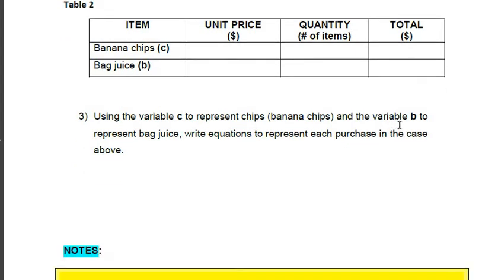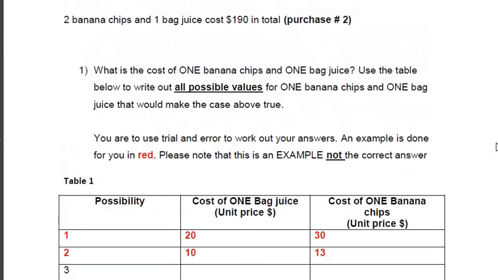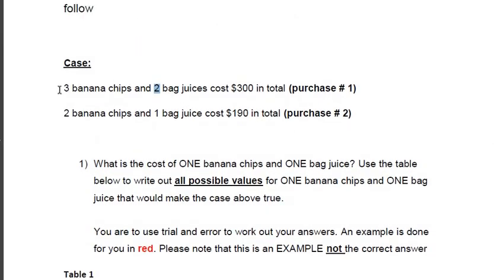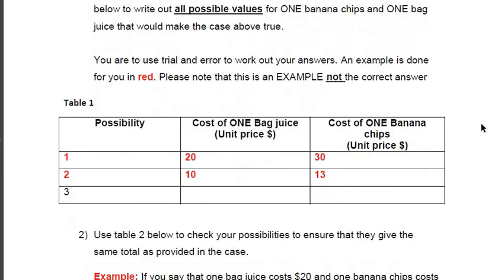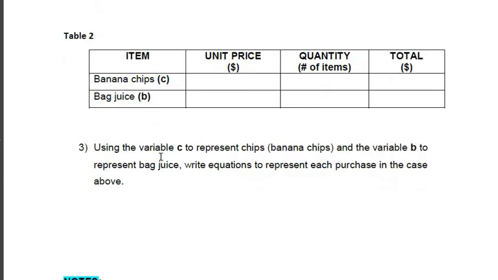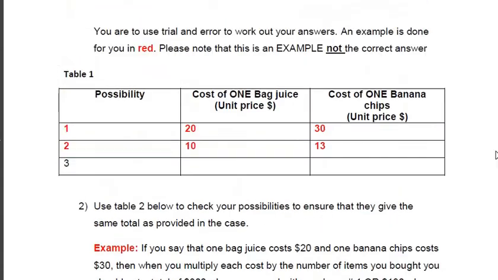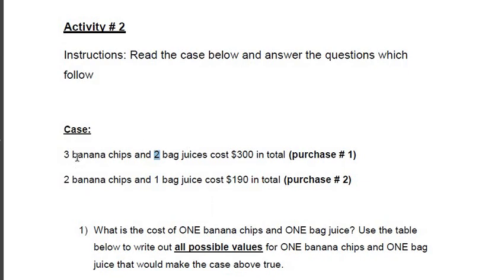And then the third item is asking us to write an equation to represent the purchases above. Sorry for moving so fast. The question said, use C to represent banana chips and B to represent bag juice. And we're going to write an equation to represent the purchase above. So then, banana chips, we're going to use C, so it's going to be 3C, and converted in math language is plus 2B, because B is going to represent bag juice, and for the total, we're going to use an equal sign and